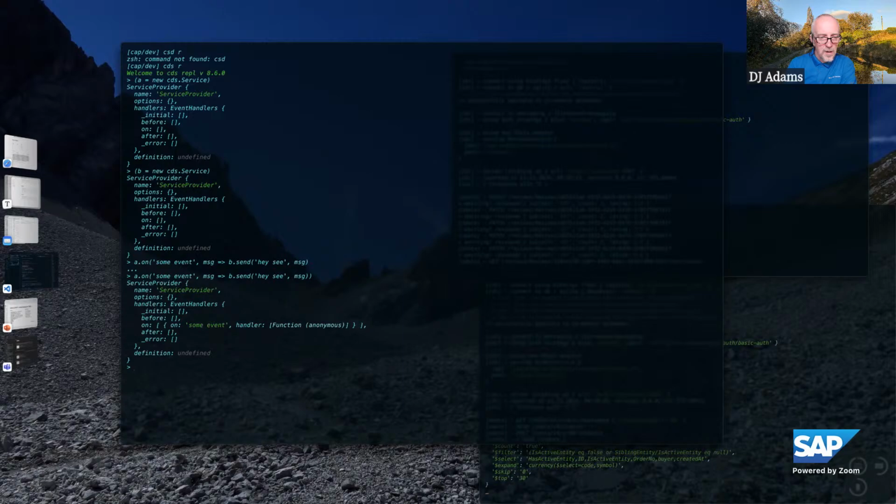And I want to register another event handler to B, where I say, on whatever, or before whatever. I want to see what happens.